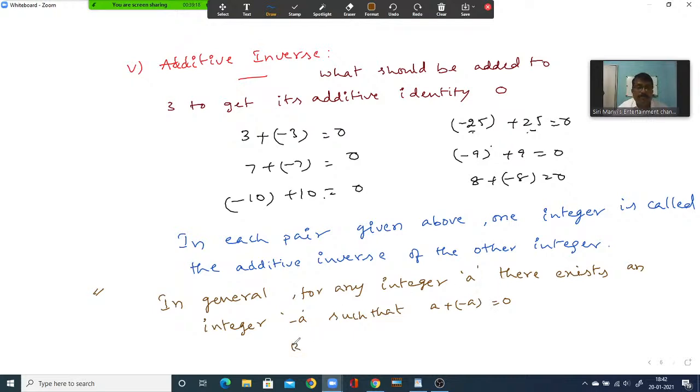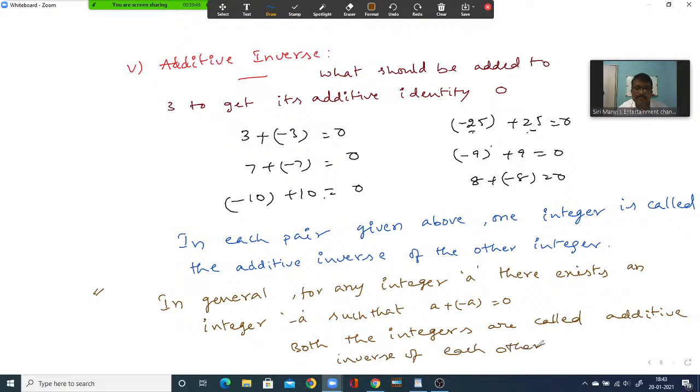So both the integers are called additive inverse of each other. This is the statement. So next